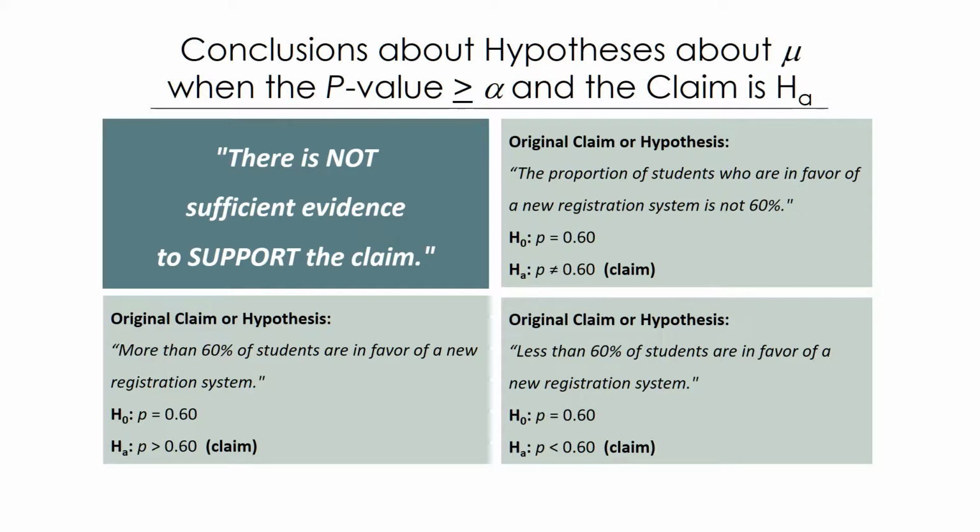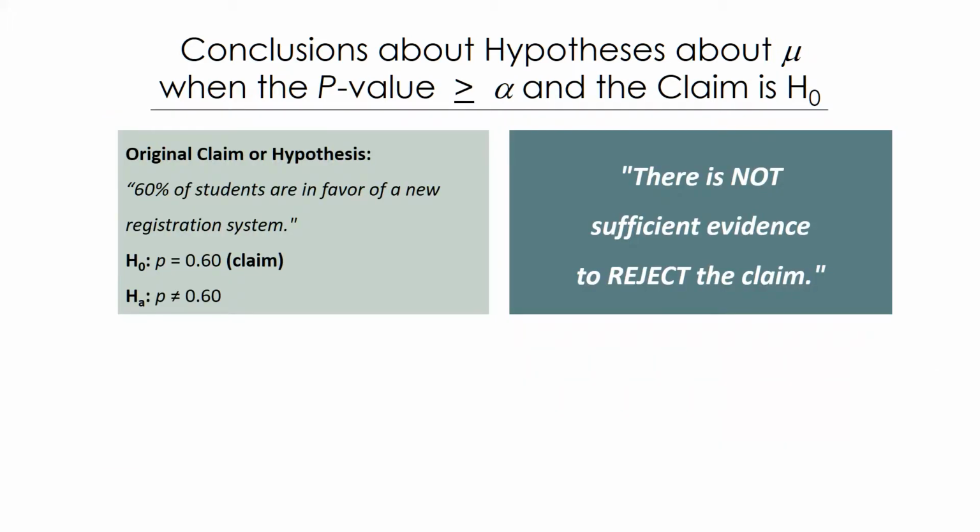So again, when the p-value is greater than or equal to alpha, there's not sufficient evidence. When the claim is HA, we say to support the claim. When the claim was H0, as in the previous slide,